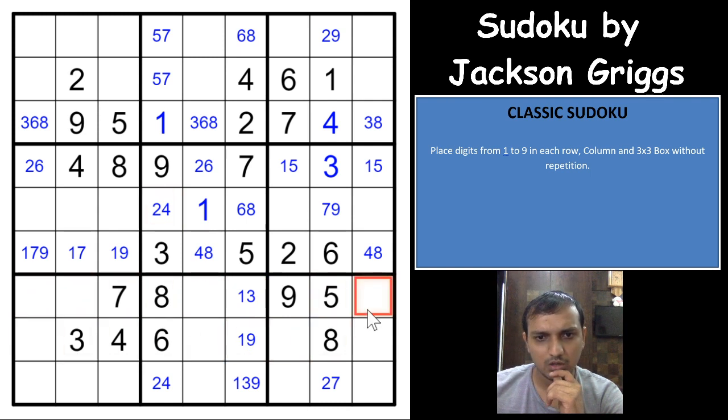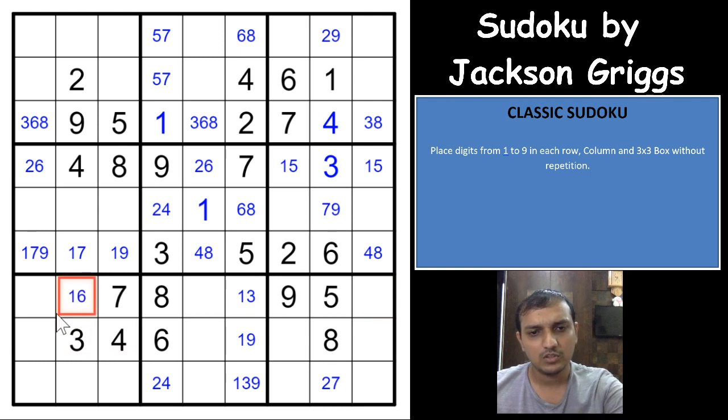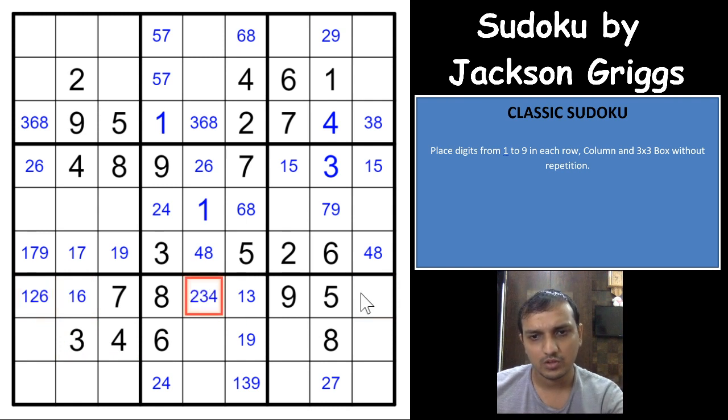You have 1 2 3 4 and 6, 3 4 2 1 6, 3 4 1 2 and 6, 1 2 3 4 6, right? So 1 6 2 3 4 and 1 2 3 4 6. So all the 4 digits would have to be here. That's not very good to do, but let us take that away now.